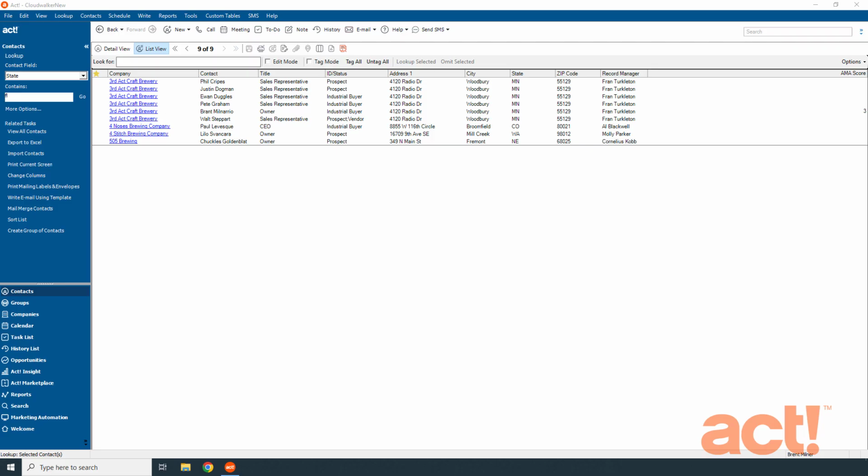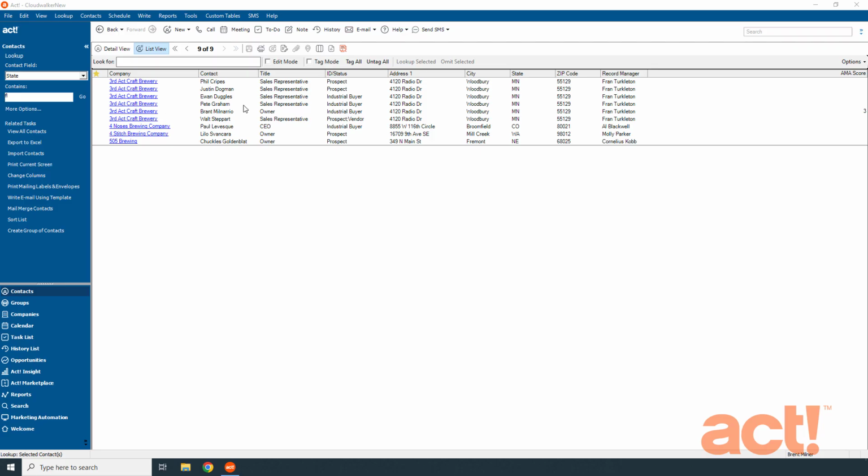existing data. Right now I've got a lookup of some contact records, and I would like to designate them as hot leads in the ID status field. As you can see, this field already contains different data for each of these records. If I were to go to the Edit menu and choose the Replace Field option, then it would overwrite all of these fields with my new data, and that won't solve my problem. And it also would take me too long to go into each of these records and edit them one by